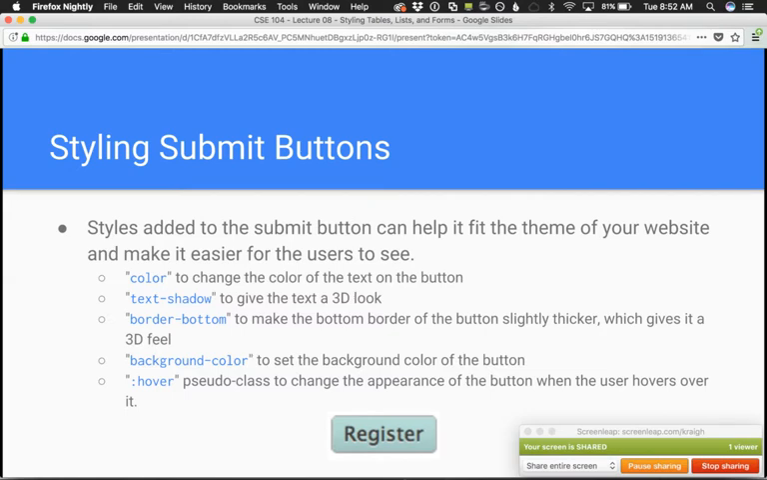Submit buttons we can also style. By default, they look pretty plain and boring, but we can change it up with our CSS. Again, all using styles we've already learned. Believe it or not, you've already learned most of CSS as far as styling text and styling boxes goes. So it's just combining those styles we've already learned to make an interesting design. You can use color to change the color of the text on the button. I like to use text shadow to give the text on our button a 3D look to help it stand out as something you can click on. You could use border bottom to